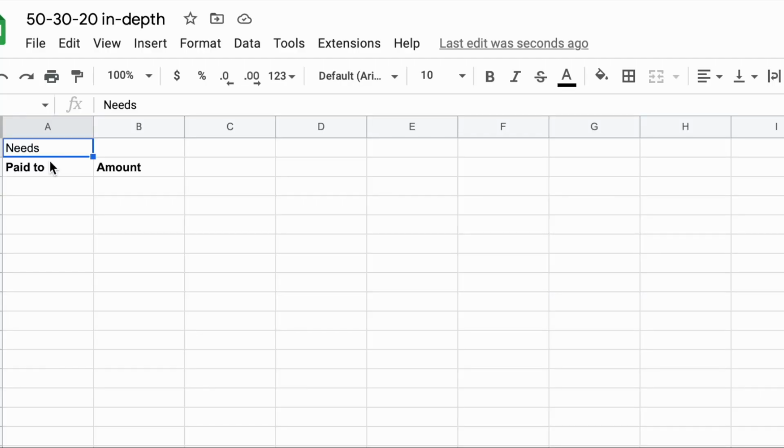Sometimes these things are much better to see in practice. So let me show you how that looks in an Excel sheet. We have our Excel file here. We've got two columns: pay to, and amount. Let's start with housing. And the first item in housing is the